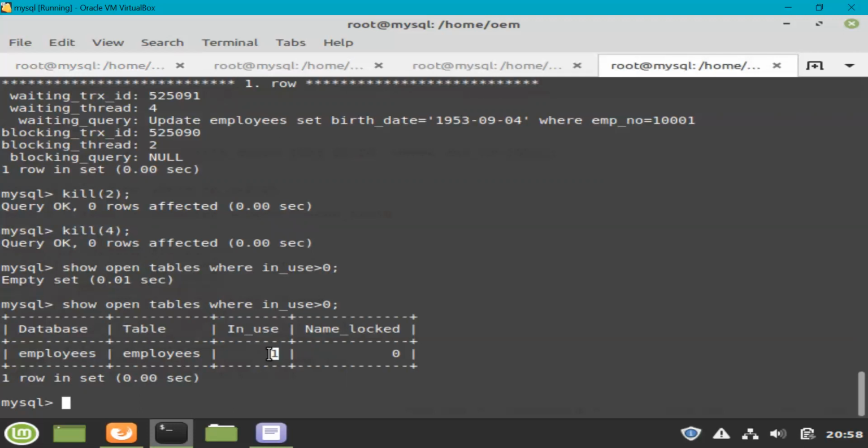If it is being used by multiple transactions, then this number will change. Okay, so that is why I said where it is greater than 0, which means there has to be at least a count of 1, right? So this is also one of the important commands that you can use to troubleshoot blocking scenarios and identify where exactly the blocking is.